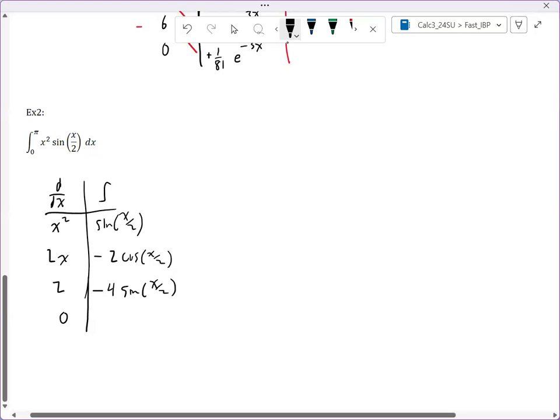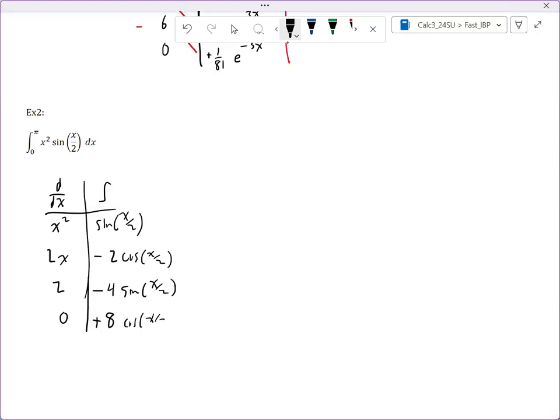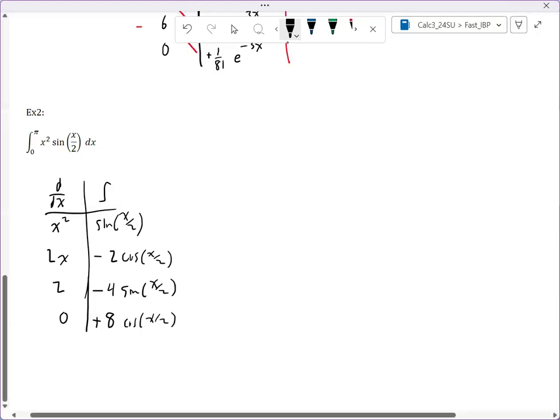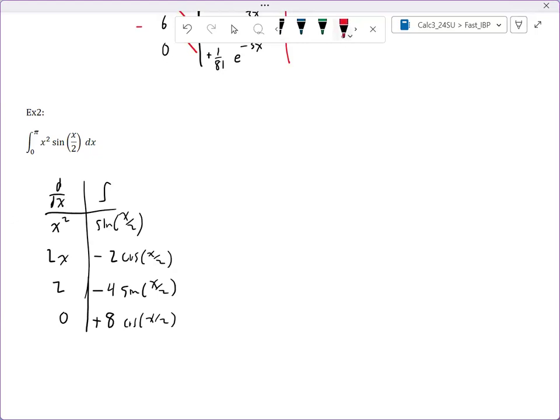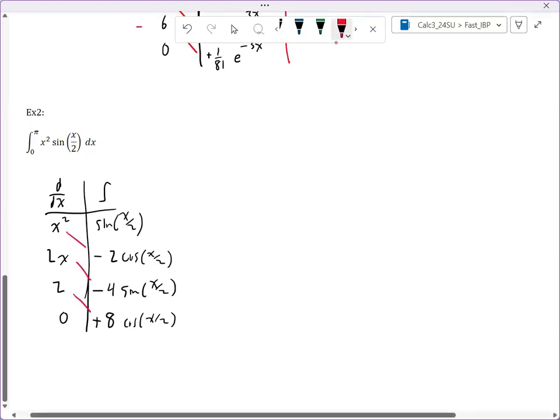And then I know that this 2 on the left here needs to pair with the next one down, so I need one more of these. Anti-differentiate again, that gives me a plus 8 cos of x over 2. And again, these pair off this way, plus, minus, plus. So this is equal to the antiderivative minus 2x squared